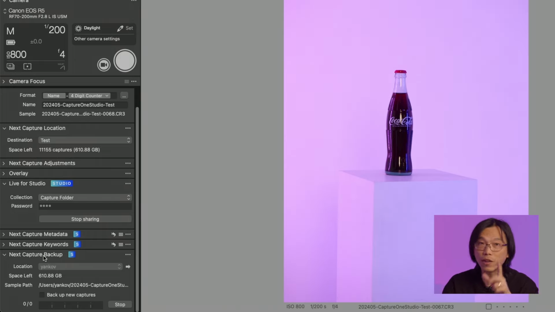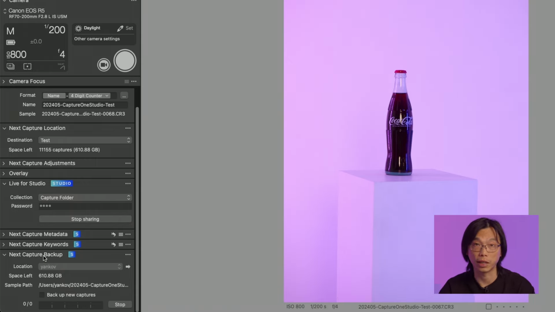They have been having this function with their enterprise version of Capture One, which I have not been using at all, because it is kind of difficult to buy, the enterprise version. We are going to talk about that later on, but finally, if you need this, you can buy the Capture One Studio and you have this function